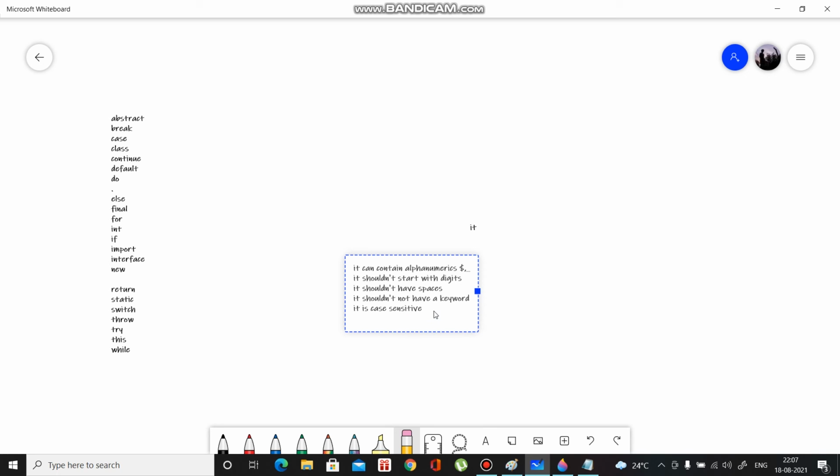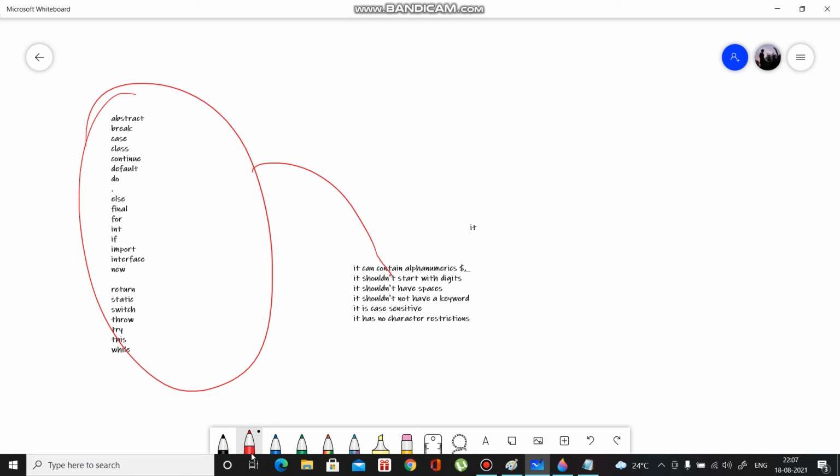And last, it's not important, but it has no character restrictions on length. So these are the rules to be followed while writing the identifier name. These are the keywords we are speaking about in the fourth point.